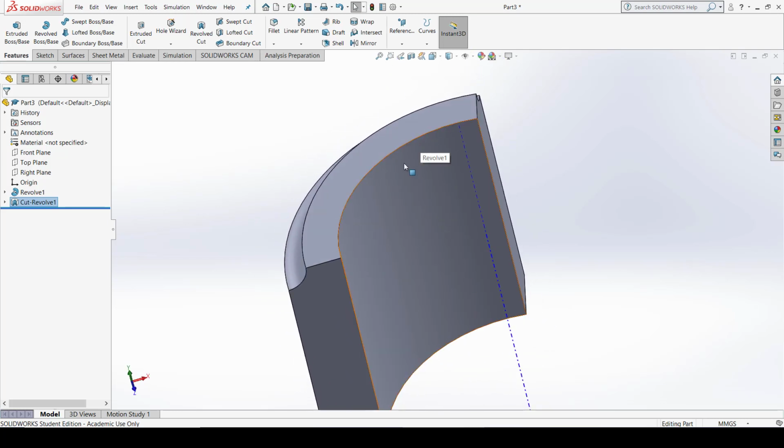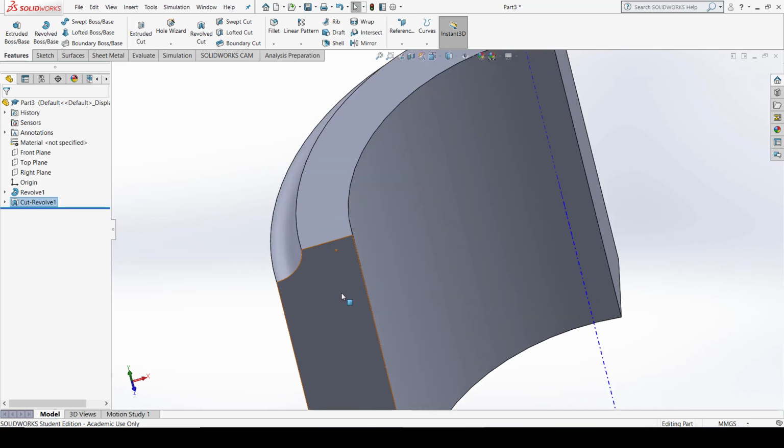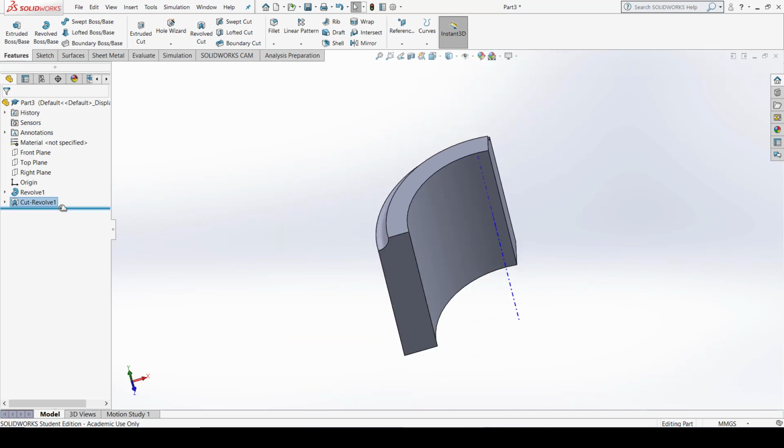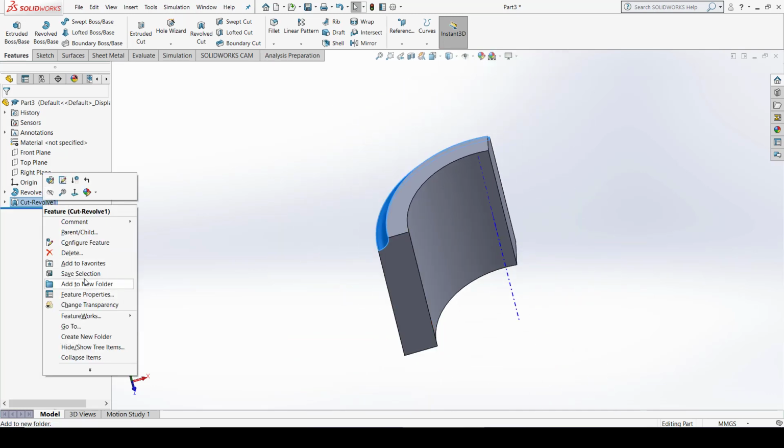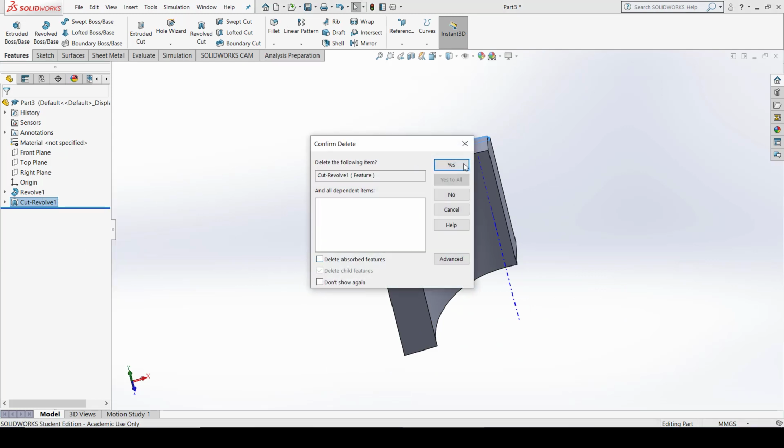Okay, so the revolve cut command is used to remove or cut material in circular surfaces. Fine. And the revolve boss command is used to produce circular surfaces from 2D elements like cylinders, cones, spheres, donuts. Now here I described the rectangular element. Let us say I take a circular element, then what happens? Let me delete certain elements from here.